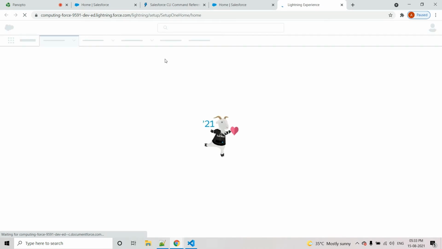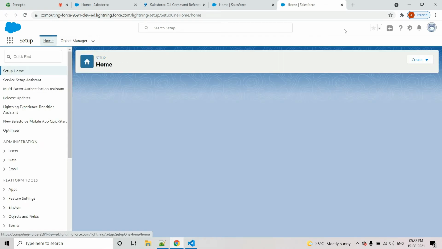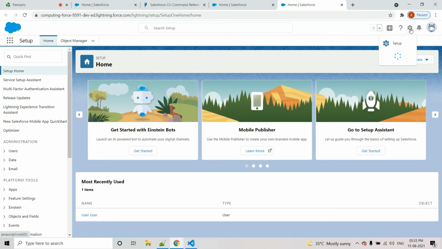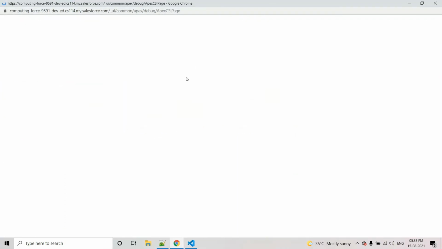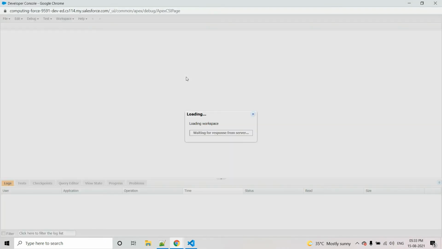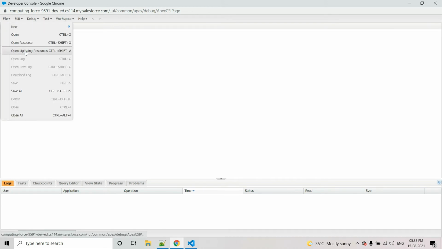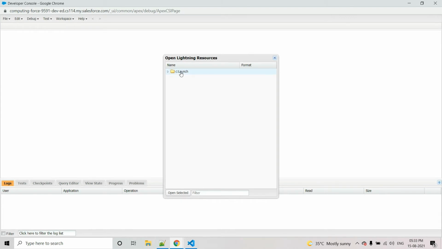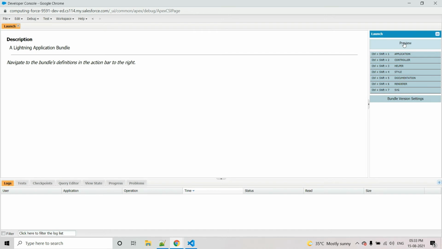So once the scratch org has been successfully launched, we need to navigate to the developer console to see that particular line of code which I have used in the HTML part. Go to the file section, click open Lightning resource, and there you have to select the app, then open selected, and from here just click on preview.